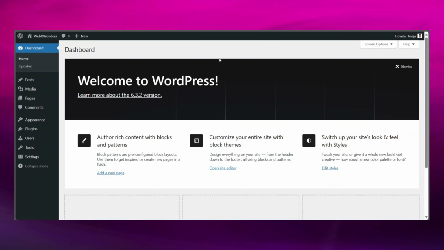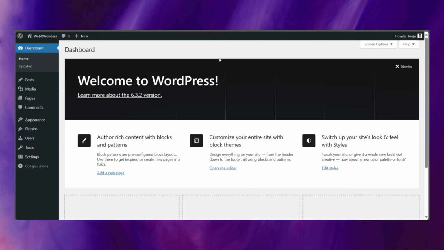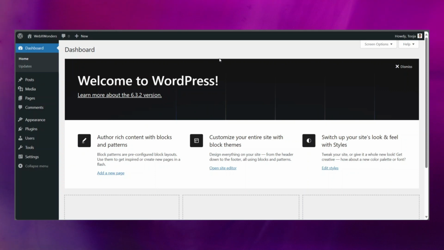Or let's say when you're using Elementor, you have edited on the back end and you have updated, you have saved, you check the front end and it's not showing as it's supposed to. That's one of the issues that's constant. Then let's say you install a plugin and it's not showing in the plugin list, or it could be a theme. There are a lot of issues that can happen in